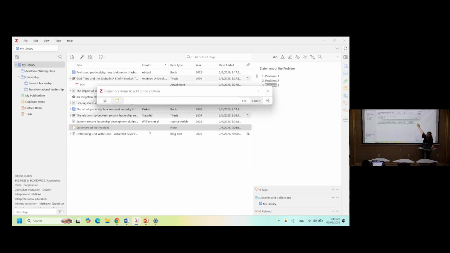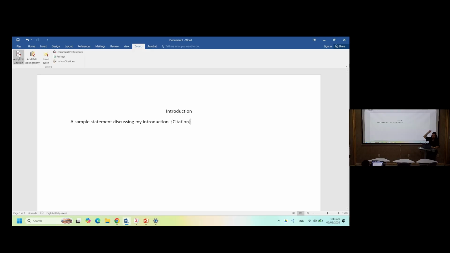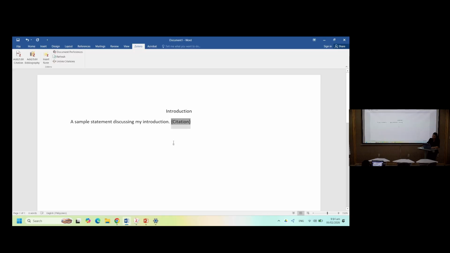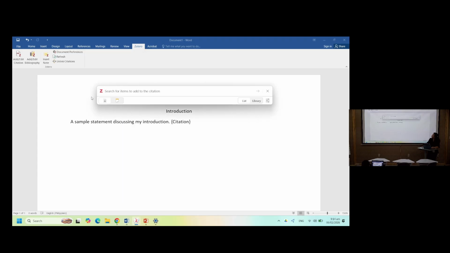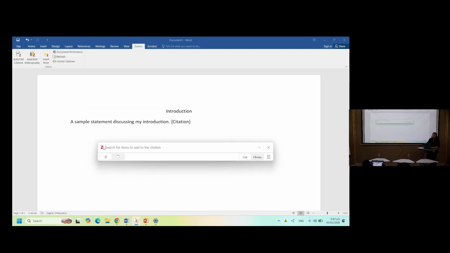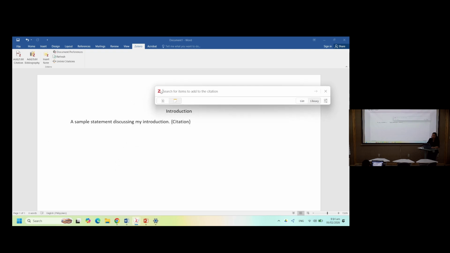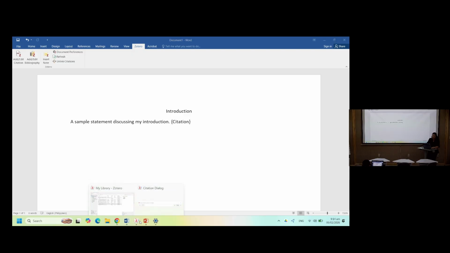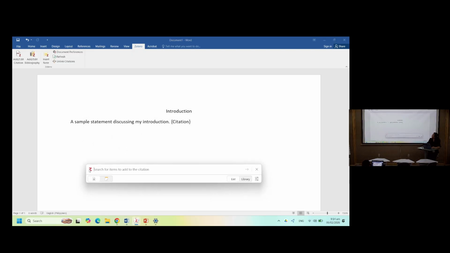you will only see this. There you go. Yeah, it's open already. There. Okay, because I closed it. So you can move this item by clicking on the Z and hovering it anywhere on the page. Okay? Because sometimes it's already blocking your text. So you can just click on that and drag it.